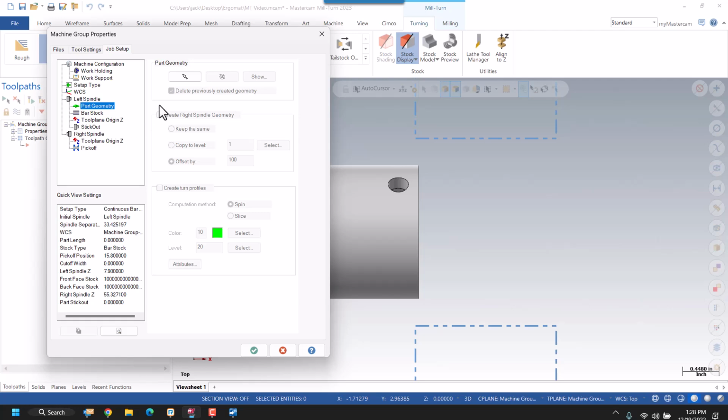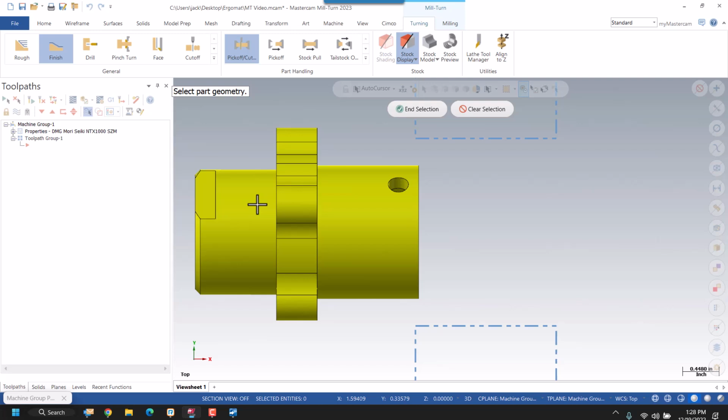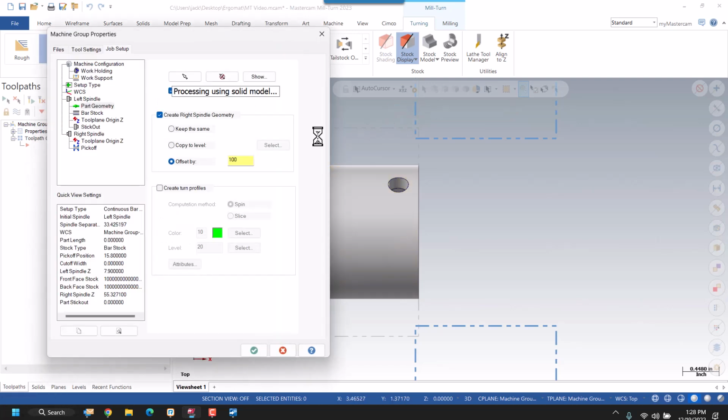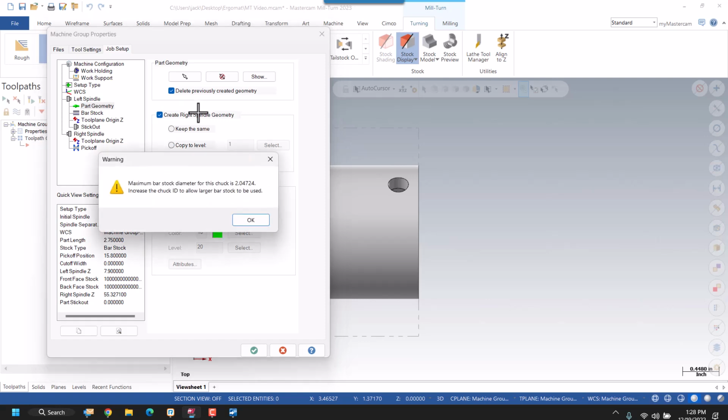Left spindle is where we're going to start with part geometry. Pick our part and selection. Now it's automatically going to create the right spindle geometry for us, and we may also get this warning. This warning is simply referring to the part size versus the chuck size. If you happen to encounter this error, we can go ahead and select OK,